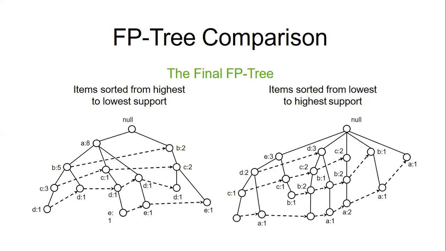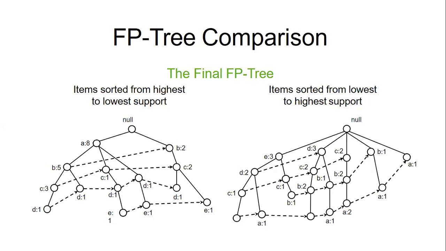So we have come up with the FP tree. Next, what do we have to do? We have to generate the frequent item sets. What is a frequent item set? A frequent item set means the support of the item set should be greater than or equal to the minimum support. Do you remember what minimum support we were given for this transaction database example? That is 2.